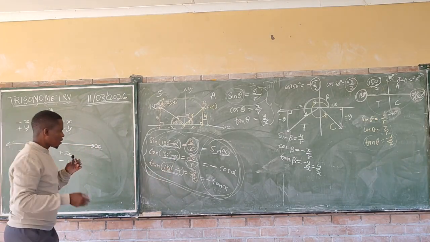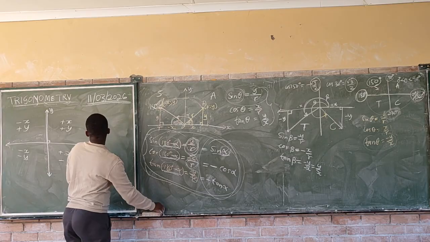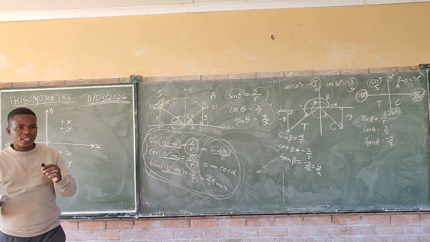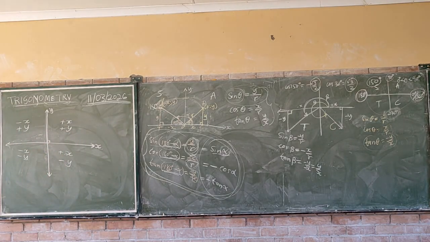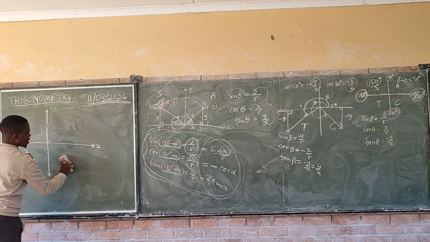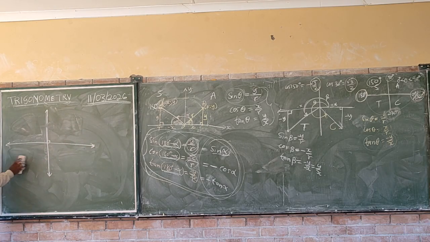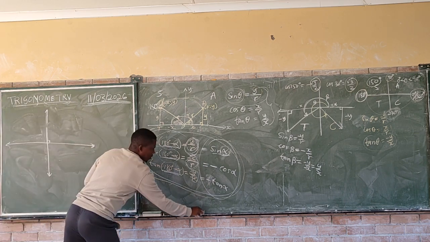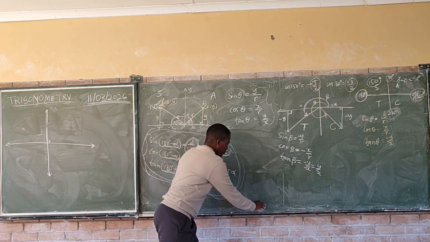All right. Now let's start to put ourselves in quadrants by using those reduction numbers. Let's start to put them in the quadrants. Now, we are in the CAST diagram again. Right, on the CAST diagram,